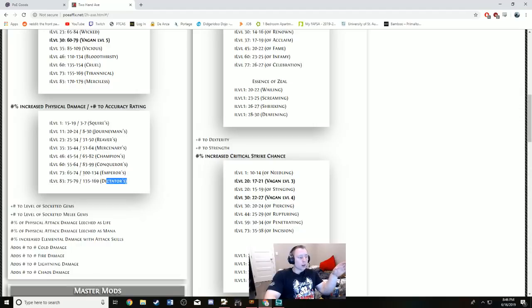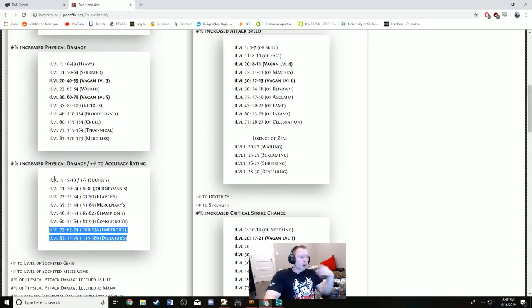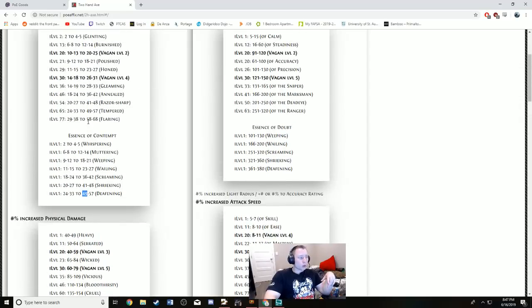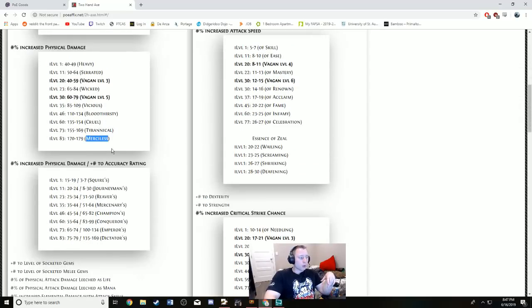If you hit emperors or dictators, generally if it didn't come with the suffix, you just want to regal it right away. That also actually goes for percent increased physical damage. So if you get very lucky and just alteration spam T1 Merciless with no suffix, you just want to regal it right away. The reason why you generally want to regal things like flaring, merciless, and dictators right away is